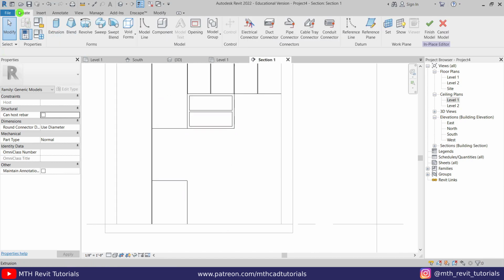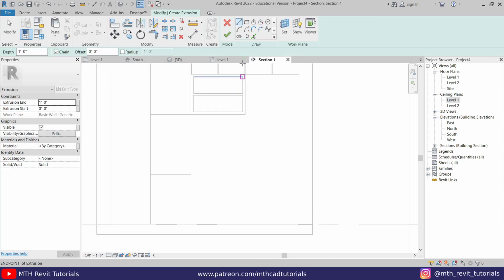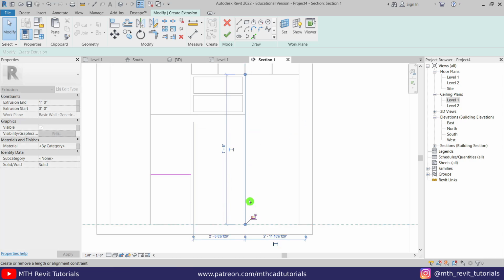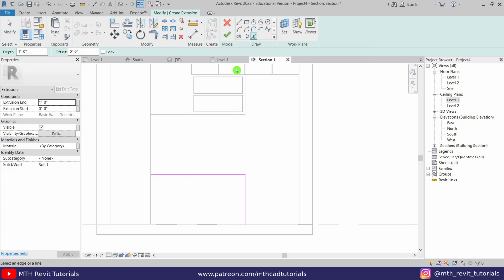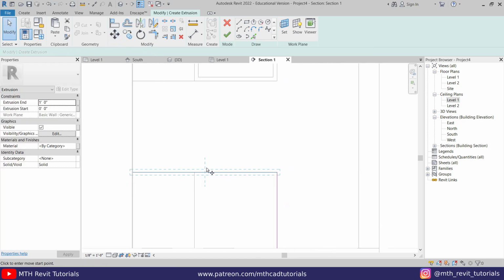So go to create, extrusion, set the work plane to the face here, face of this wall, and then use pick lines, pick this one and then this one. Let's select this and just drag it to the floor and use TR, just trim that one and then use pick lines again. And okay, before that I just want to move this up